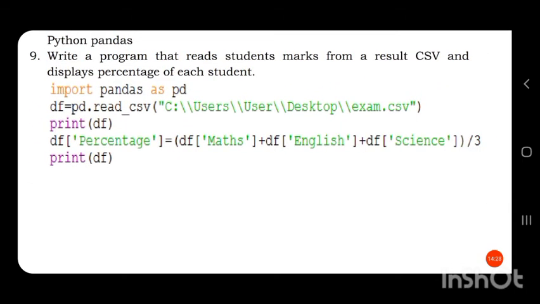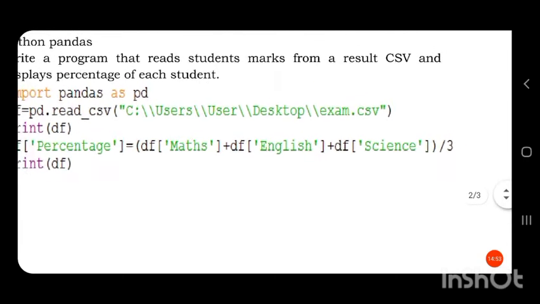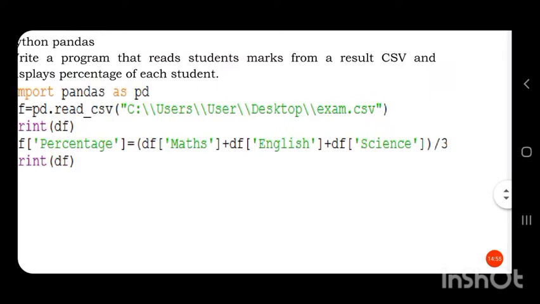So for that we need the marks of each column. So, df in square bracket maths plus df in square bracket English plus df in square bracket science, that is in the data frame the cells of each column will be added, then the whole result will be divided by 3 and stored in the column percentage.